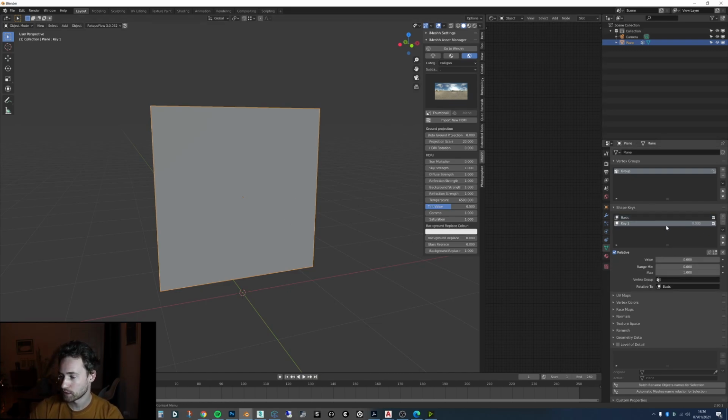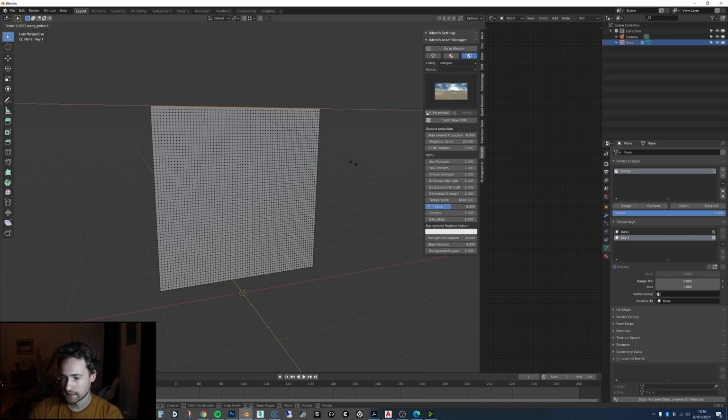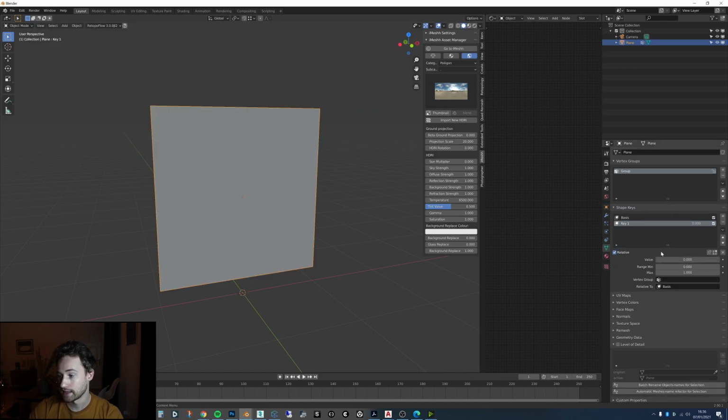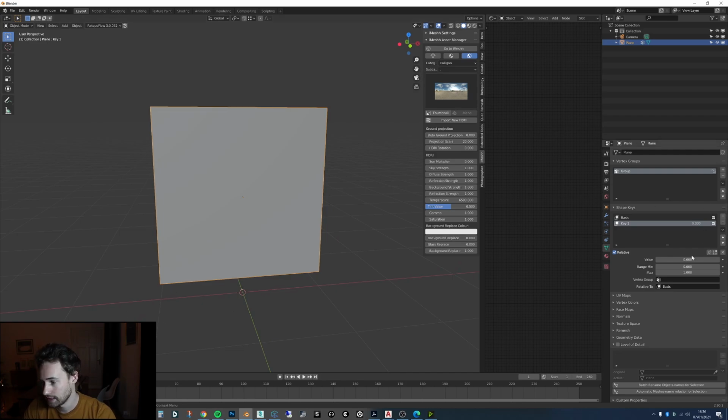So with this one selected, I go into edit mode and scale these on the x-axis in this case, like this. And now what happens is that with this shape key, you can turn it to 1 and to 0, and you can see that it's changing. So what we can do with that is animate it. If I go over to here, hover over it and press I, and then go to frame 30, for example, and put that to 1 and press I again. Now over this time, this will move over to the shape key that I was looking for. And that's what we'll use to make the pleats.